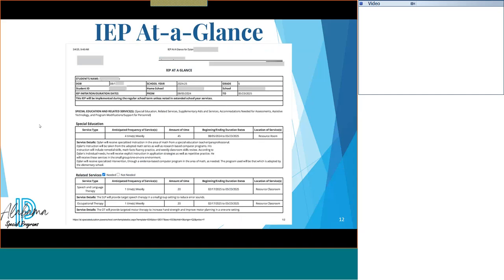All right, so this is what your document will look like. I'm sure your teachers have already seen this, and you probably have already seen this, and they have probably been asking lots of questions. So I want to give you as much information as I can during this quick session. So in this at-a-glance document, you're going to see there are different sections. There's a section at the top, which is our student demographic information, and then down below, here at page 1